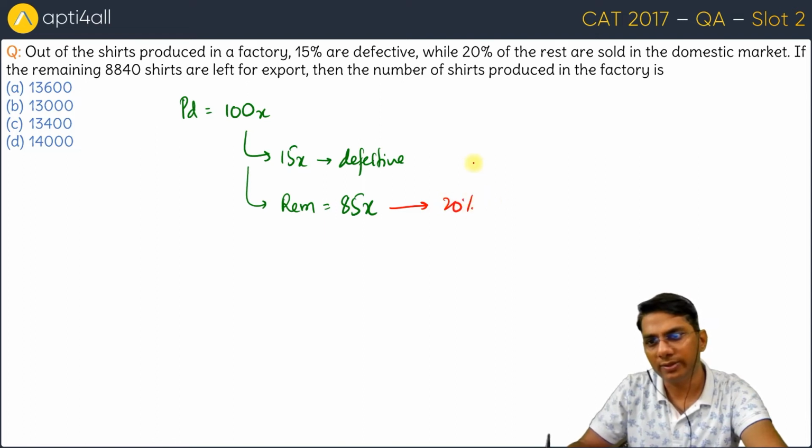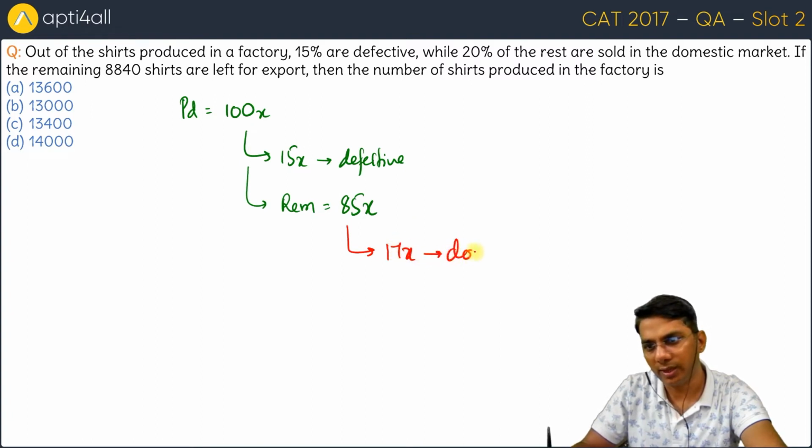20% are sold in the domestic market. So 20% is how much? 20% of 85x will be 17x. They are sold in the domestic market. So the remaining will be exported, right? And what will be the remaining? 85x minus 17x, which is